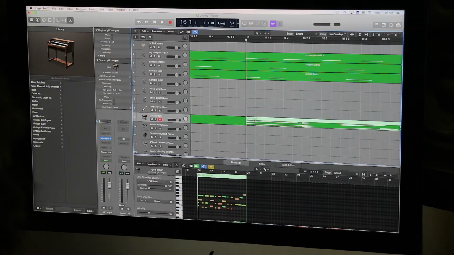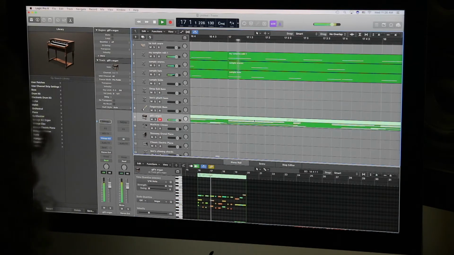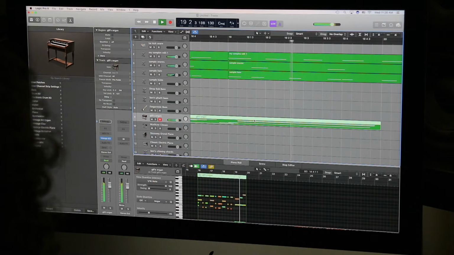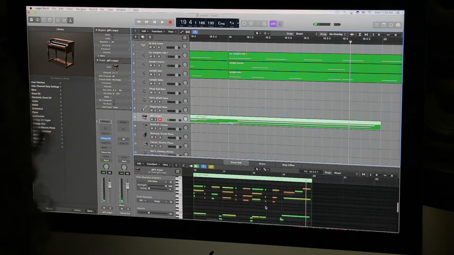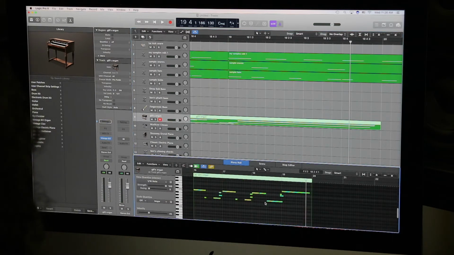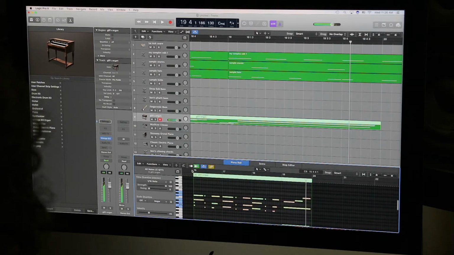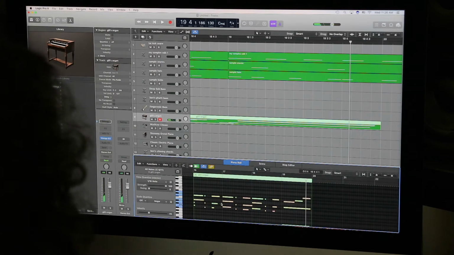And then something not quite happening. That's okay. I think I might have only done the top part of it.